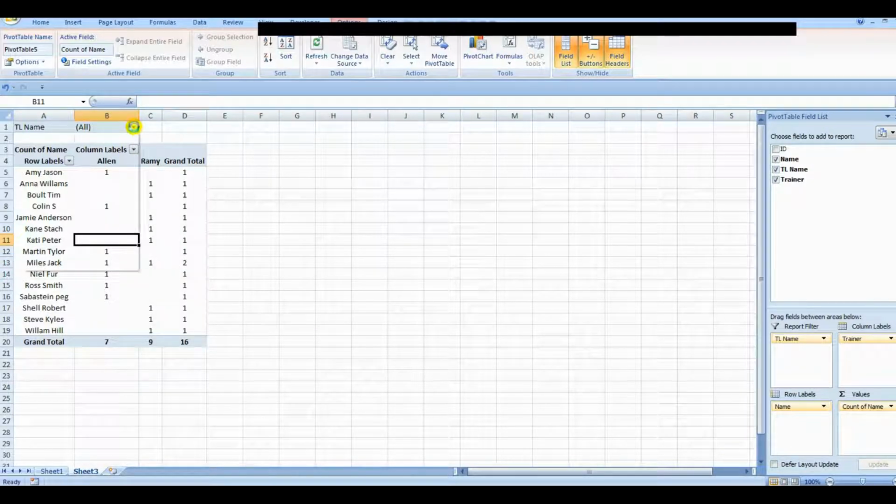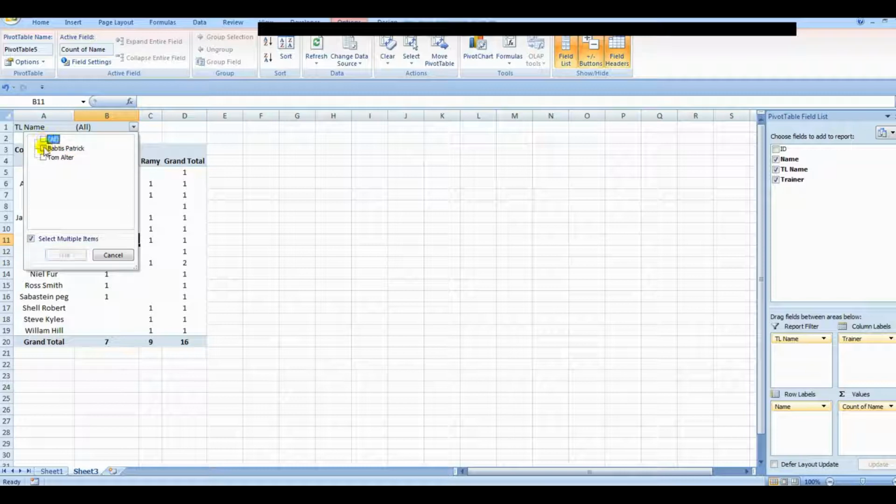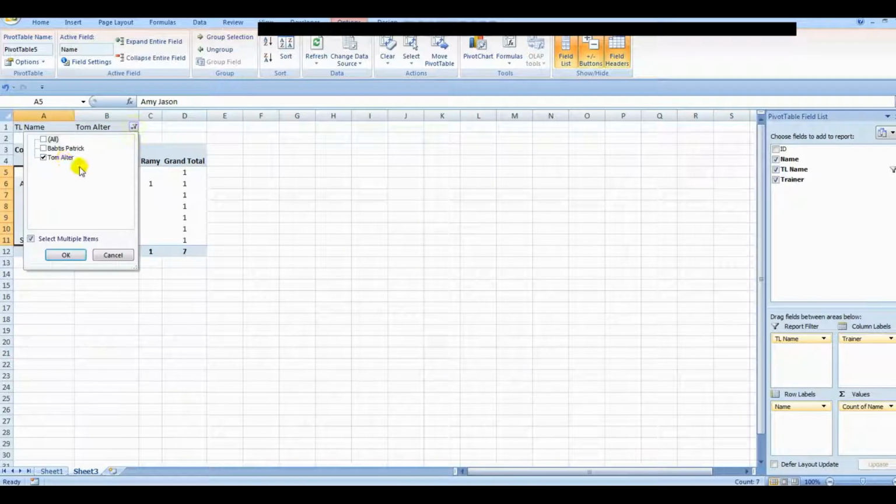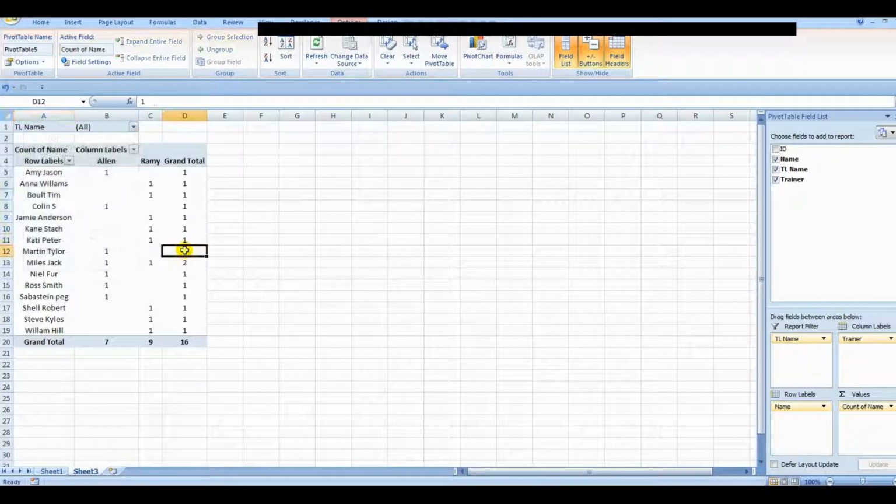In the report filter, you just click on any of our team leaders, click OK. So here you will just get names of people who are under Tom Alter, and if you select both, your pivot table will look like this. Okay, so this is how you can go ahead and play with your pivot table. There are many things that we can go ahead and do in a pivot table